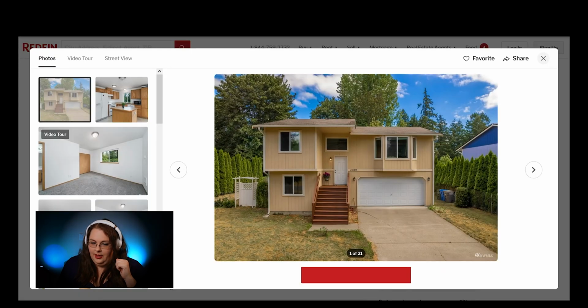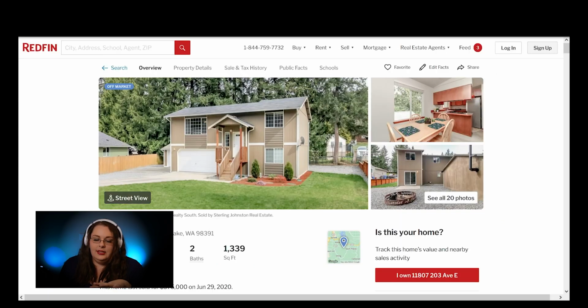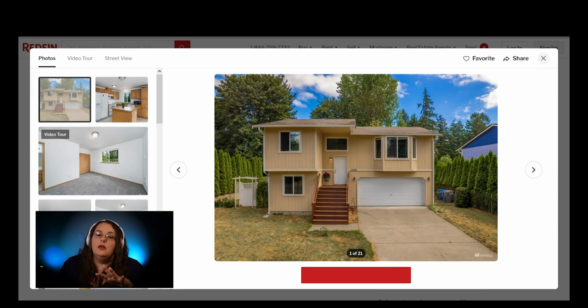So we can come in here. Right now, we look at the front picture. Very similar layout, but the yard is not taken care of. Okay, so what's really important to remember is that what determines your market value at its core is how much someone is willing to pay for it. And what people notice is what they pay for. So even if it's a cheaper maintenance or upgrade,